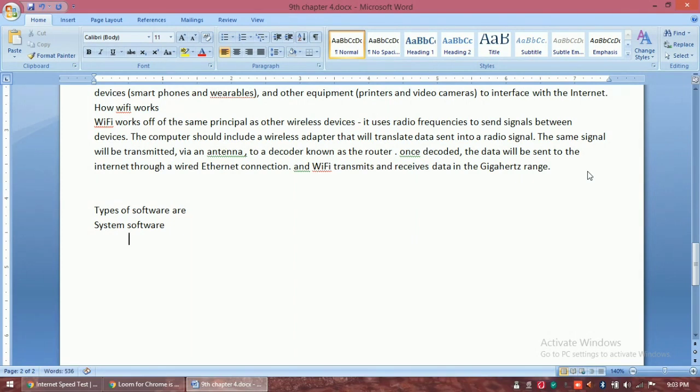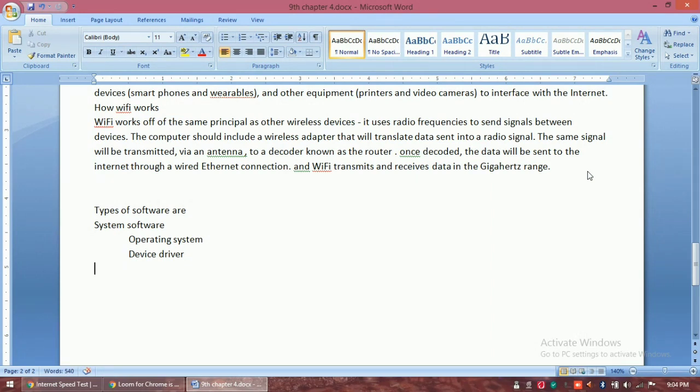Then I have to give tab for multi-layer, and now I will write different types of system softwares. For example, operating system, and another is device driver.